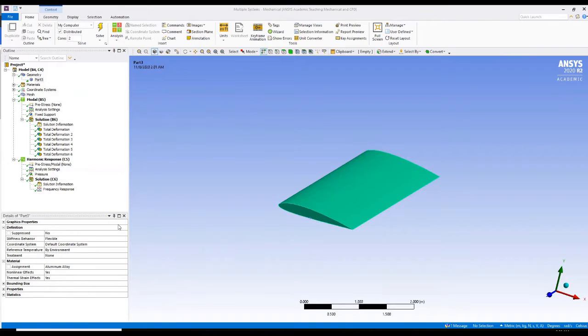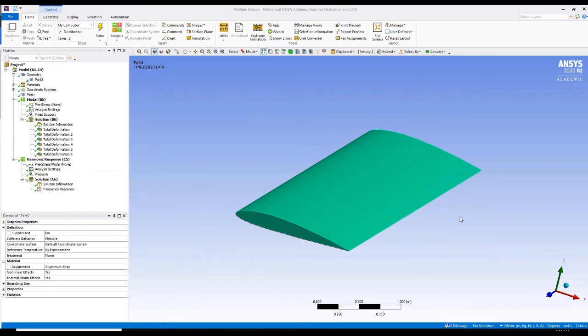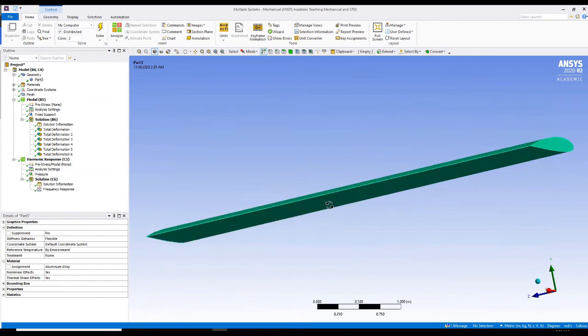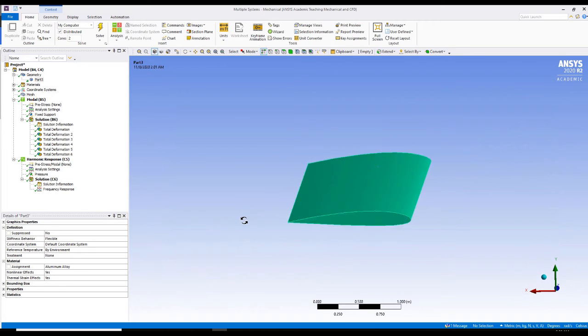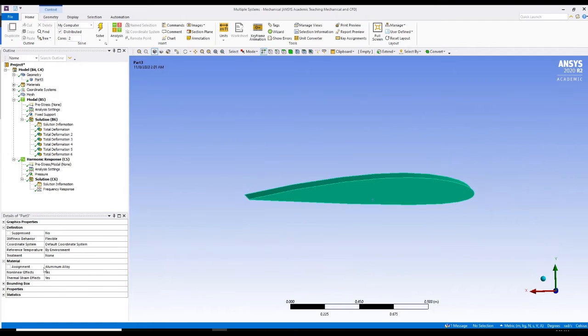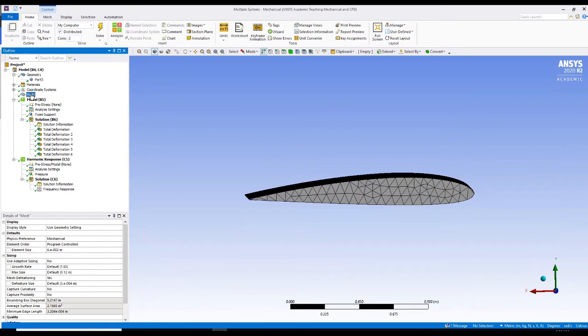For this section, I'm going to be looking at the answers. Here we can see the geometry of the plane wing. As we rotate around, we can see the uniform body and the NACA 2412 shape. The material used for this, as indicated, is the aluminium alloy. Now looking at the meshing,